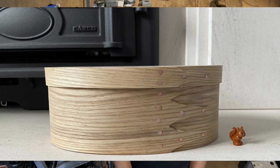If it were to run up and down when you tried to bend it around the form, it would probably snap and break. So watch the grain. An important thing to remember about the veneers is that you'll have to select which is to be the outside and which is to be the inside. If you bend a piece of veneer around the form, you can tell right away which should be the inside. If it feathers outward, that needs to be the inside because it will feather out and will tend to